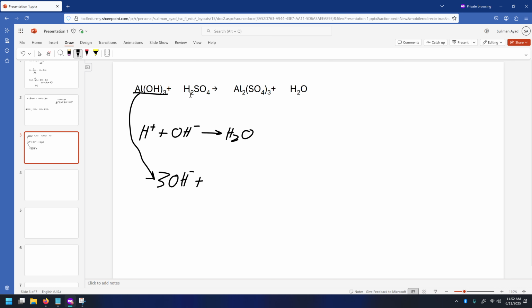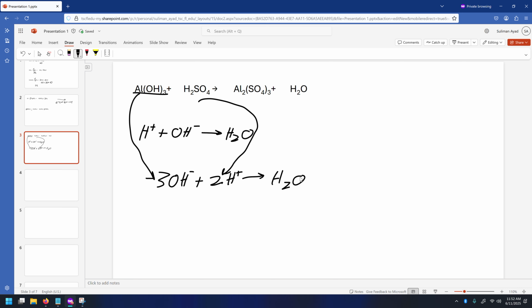The hydrogen from H2SO4 will dissociate into 2 H pluses. Now, how am I going to balance the 3 and the 2 here, and how many waters will it make? Well, it goes in a